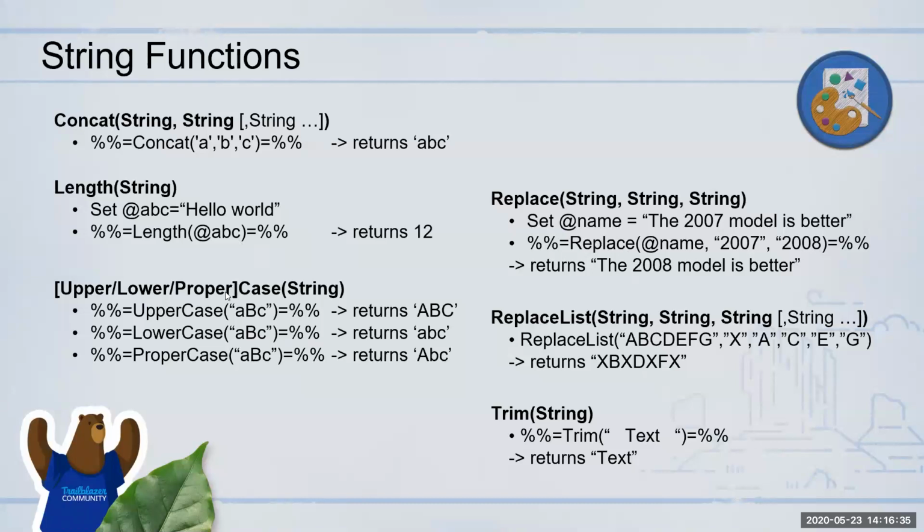The upper, lower, and proper case functions: as you can see in each of these examples, uppercase is always all caps. Lower, everything will be lowercase. Proper case, the first letter of every word will be capitalized and the remaining will be small letters. This is something quite useful that we want to use for our first name, last name, right? So it's quite useful. Replace, over here, there are two functions for replace. One is replace and one is replace list. I'll quickly explain the difference between the two.